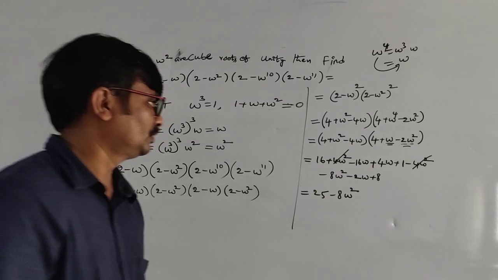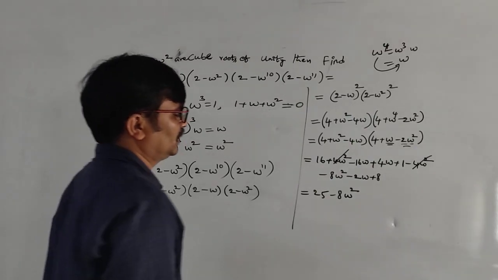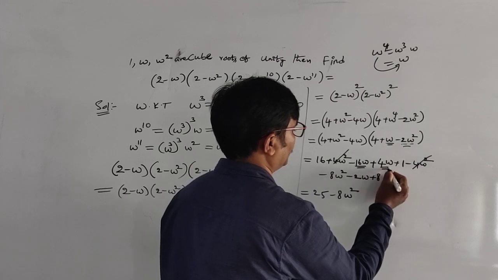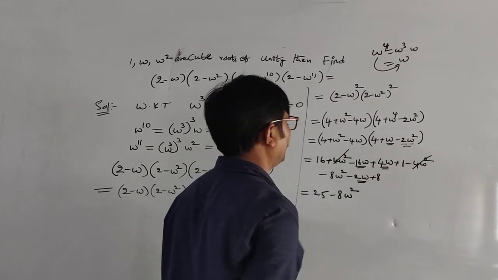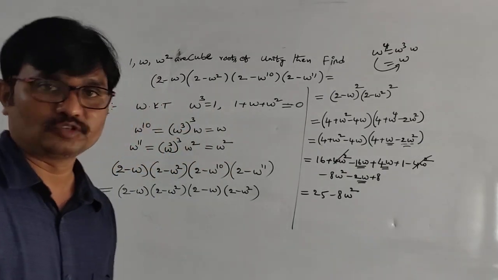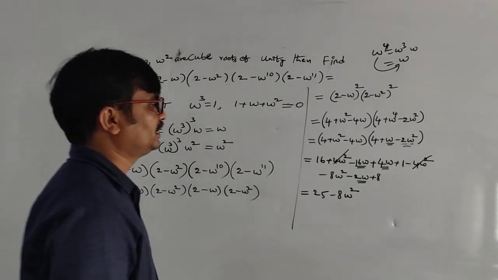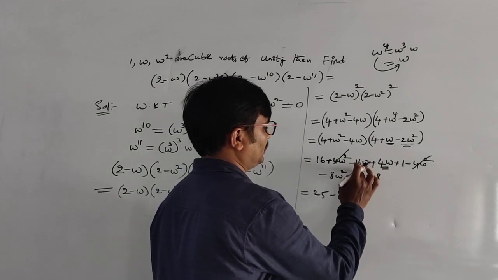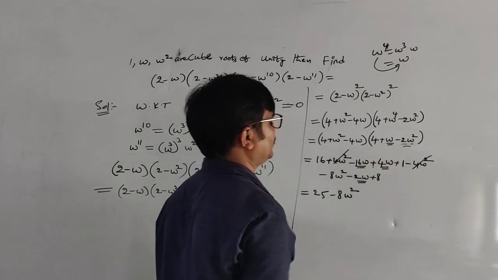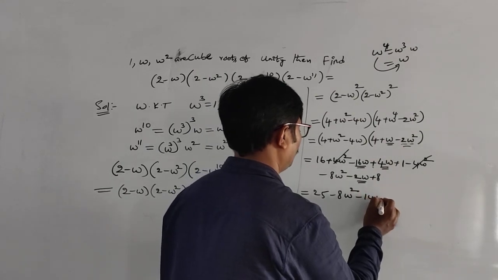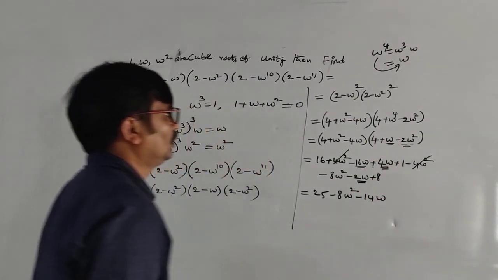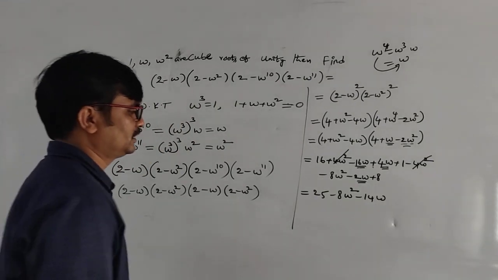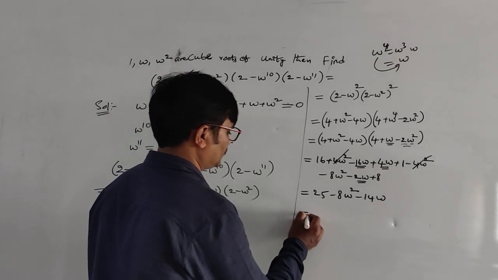So students, what we observe here: minus 16 omega is there, this is 4 omega, this is minus 2 omega. So we can write this as 16 minus 2, 16 minus 16... this is 18, minus 18 plus 4, minus 14 omega. What is it, students? Minus 14 omega. Now students, we can write this as